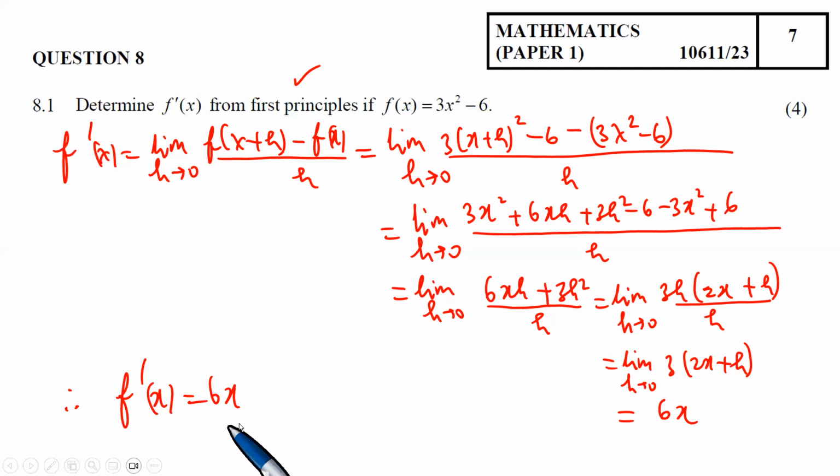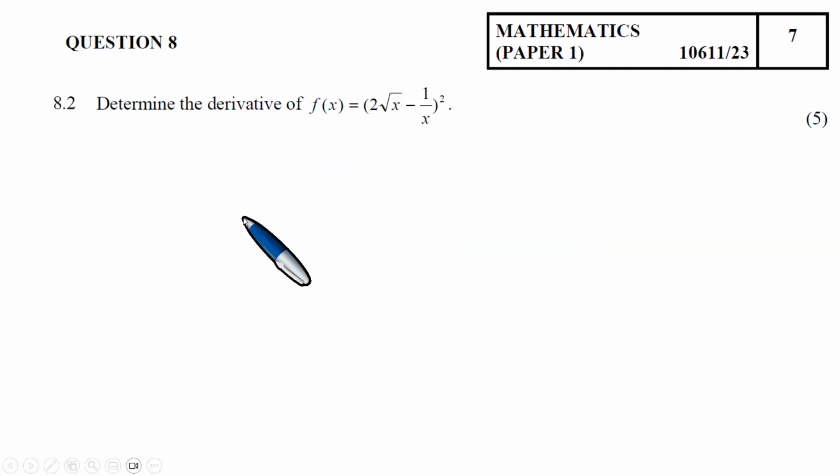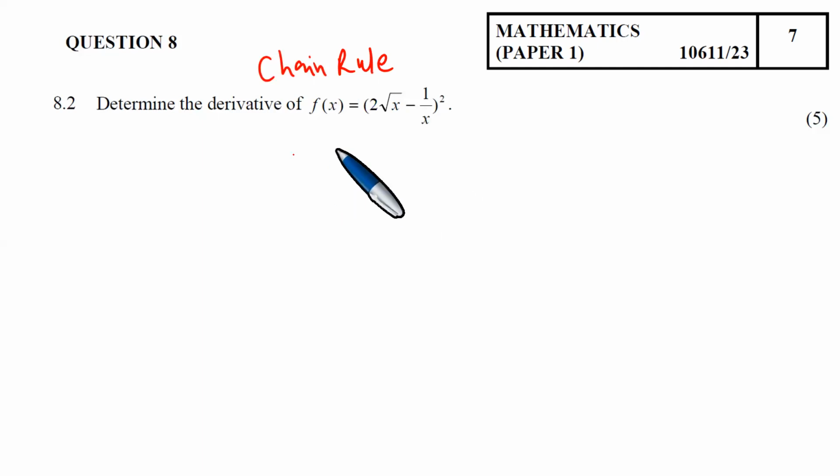So you have f' is equal to 6x. And this is the actual answer to this question. We're done. Next question. Let's find the derivative of this one. This one can be done in multiple ways. At university, we use what we call the chain rule,